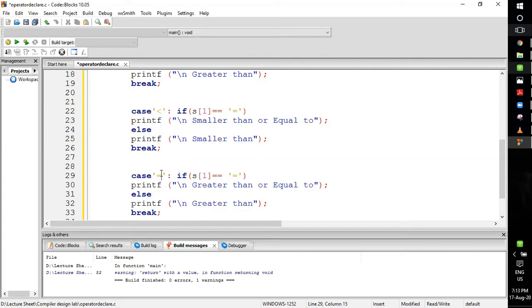If the first symbol is equal and the last symbol is again equal, then I'll say it is simply the equal to operator. Otherwise, with only the first symbol, it will be just the assignment operator.